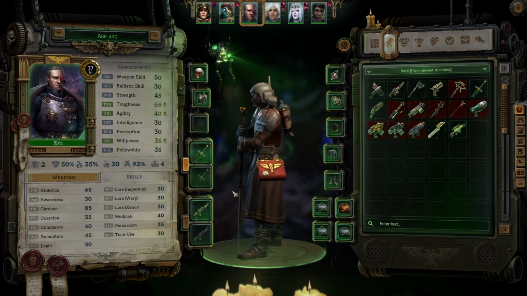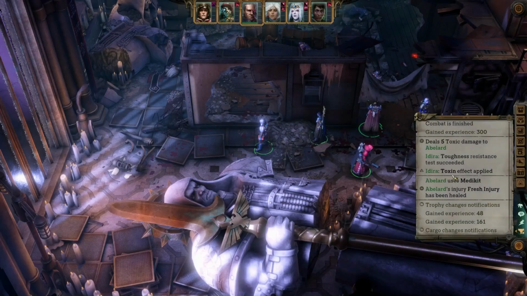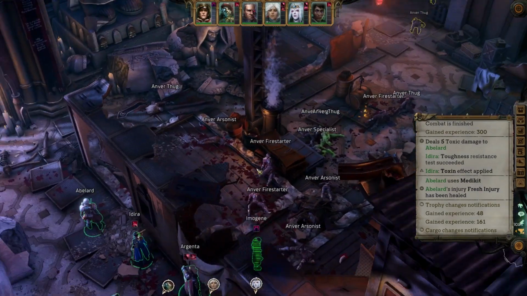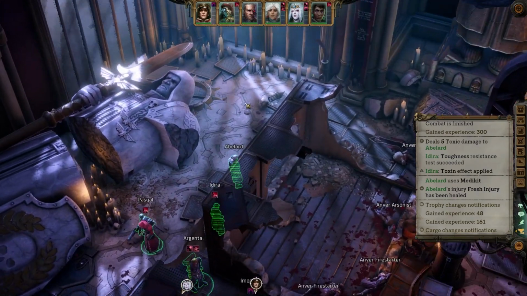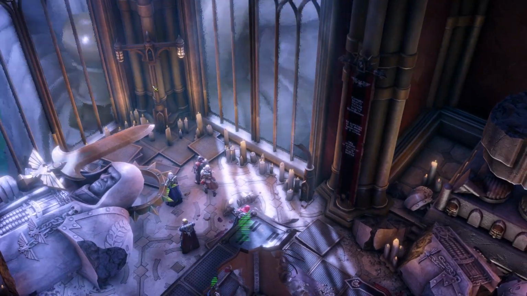We could give it to him, like as his offhand, but it is nice having a ranged weapon on him in case we need it. So we'll keep it how it is. And I thought that weapon was going to be like super good. The Thunder Slam is probably really good, but